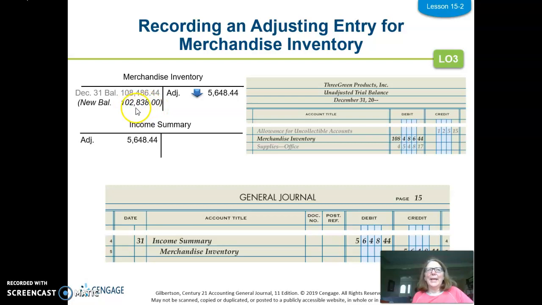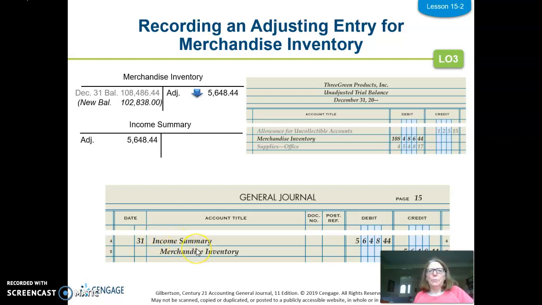So because when I counted it, it had gone down, I need to credit merchandise inventory, which I have done down here for that difference of $56.48. The debit is to income summary. So income summary acts like an inventory expense. So it is like an expense. So I'm debiting that expense